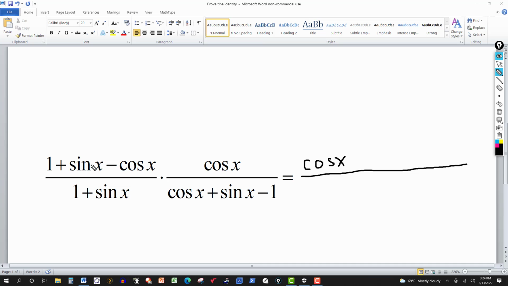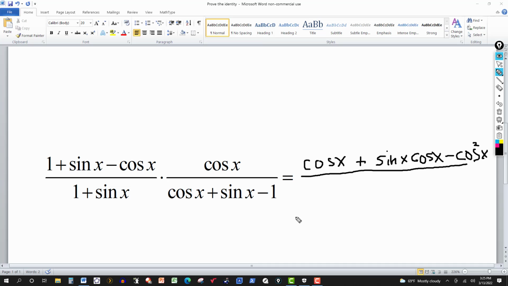And then I multiply sine of x and minus cosine of x also by cosine of x. So multiplying out the numerators, we get cosine of x plus sine of x cosine of x minus cosine squared